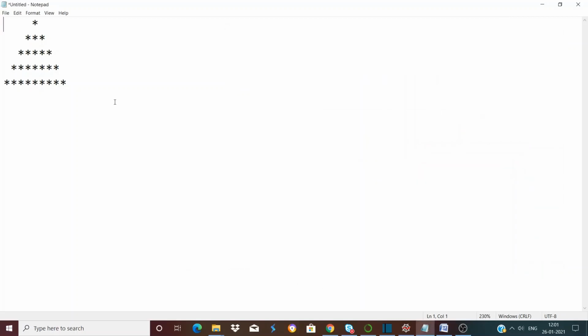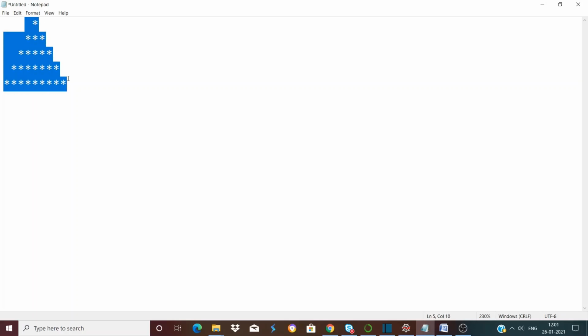Hello friends, in this video we are again going to print a pyramid pattern, but in this video we will not print the elements like 1, 2, 3, 4, 5 etc. Rather we will print only stars or asterisks, and we will also not have any blank spaces between two consecutive elements as we had in our previous video.